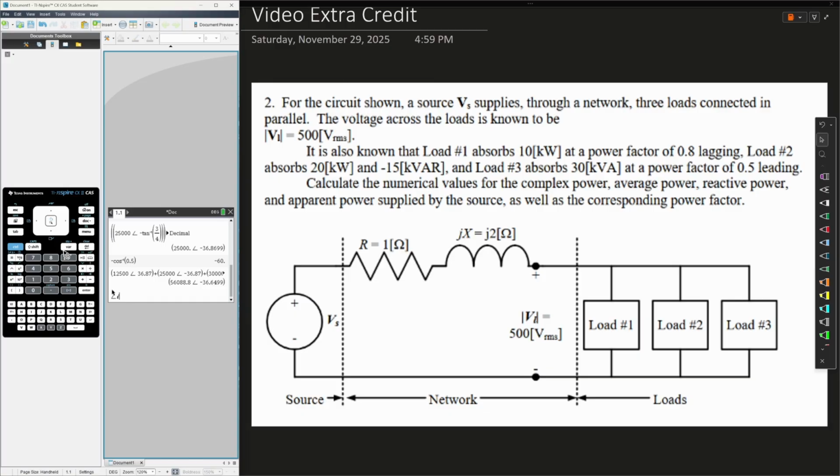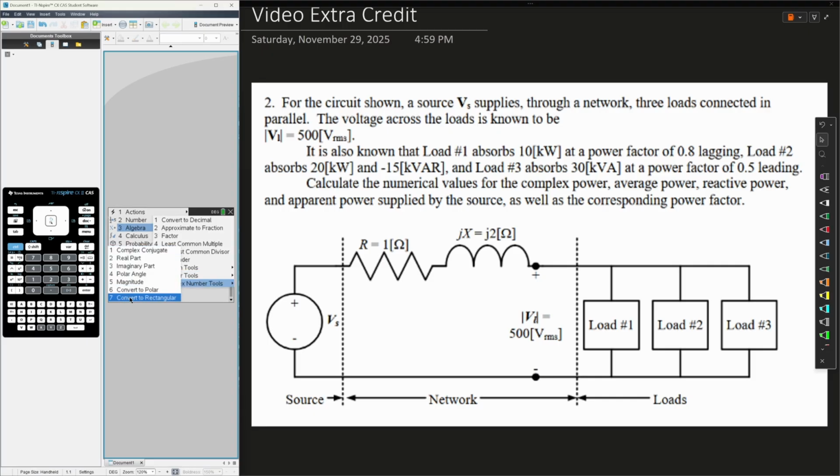If you want to convert from polar to rectangular or rectangular to polar, you just press Menu, Number, Complex Number Tools, and then 6 for convert to polar, and then 7 for convert to rectangular. And if you ever want to do complex conjugate, which there's one part in here, you just press 1